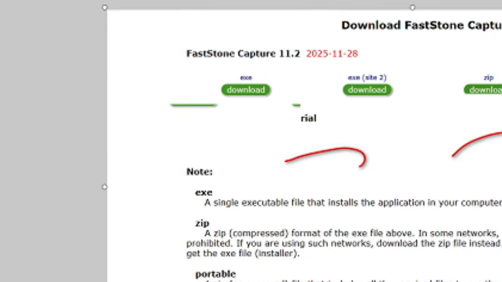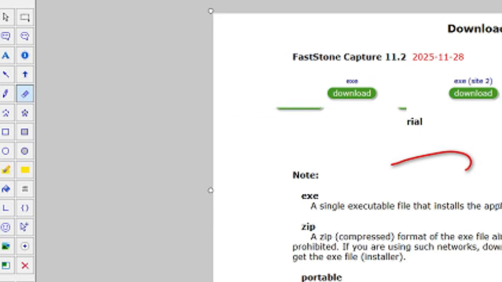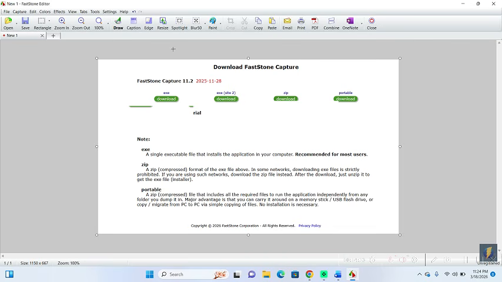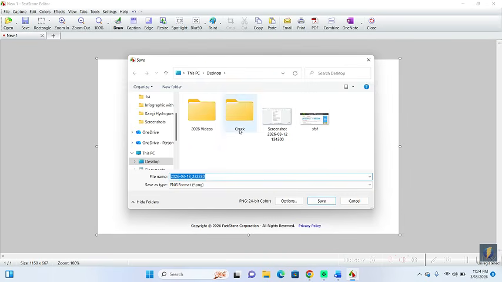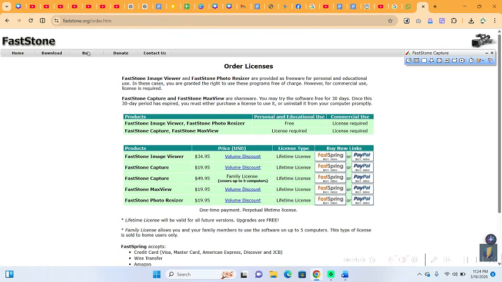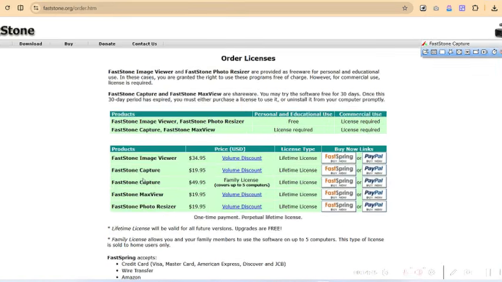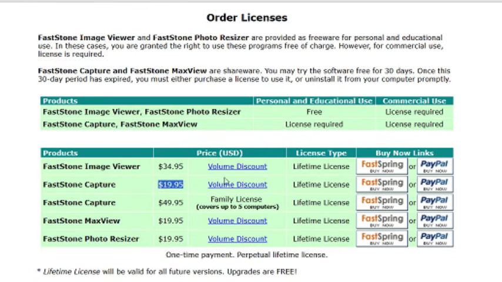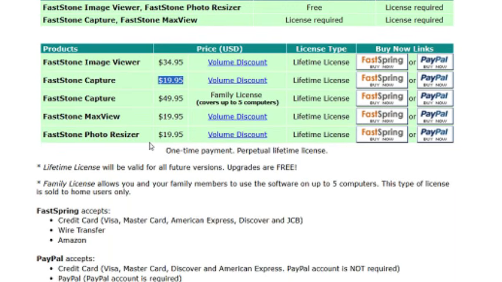You have all of these editing features, and once you are done, you can always save your work. Okay, you can say yes, you can save it, and then you can define wherever you want to save this. Okay, you can go ahead and save this. So it's very easy, but you have to look at the pricing, because we are using Fastcapture. Take a look at the money, but I think you can start for free, and it's incredibly simple and